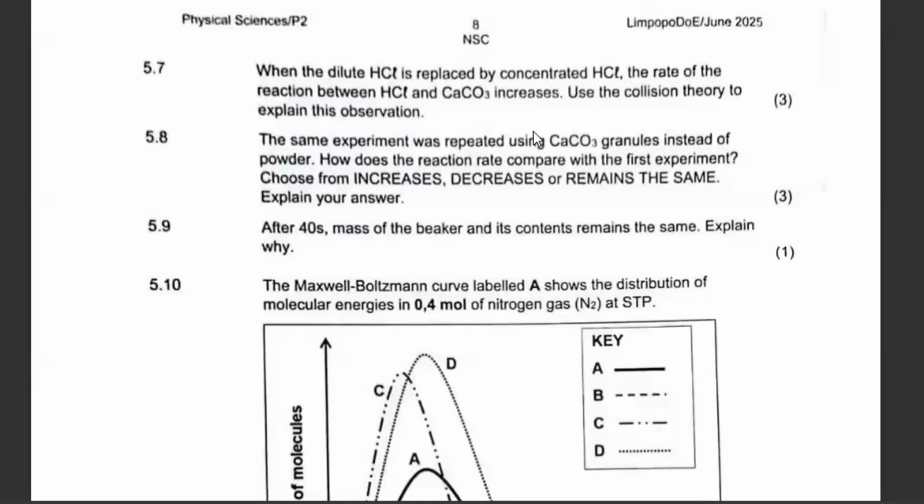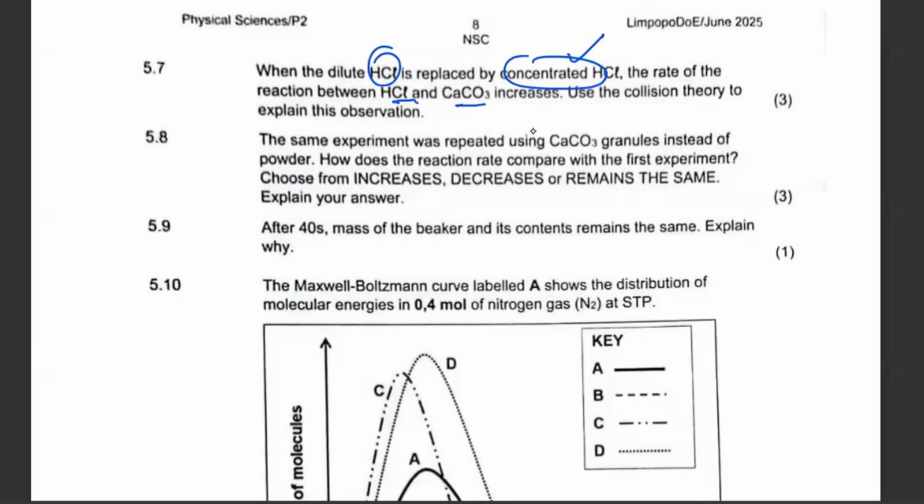So 5.7, they're saying that when the dilute hydrochloric acid is replaced by concentrated hydrochloric acid, the rate of reaction between this and this increases. Use the collision theory. What basically here, when you increase the concentration, you're increasing the number of particles which are reacting. Therefore, you want to increase the effective collision per unit time, and then the rate of reaction is going